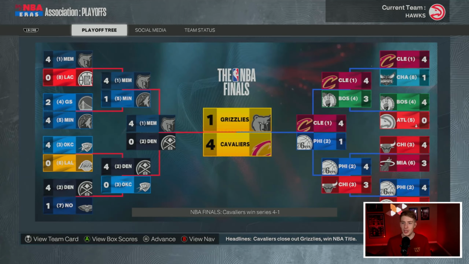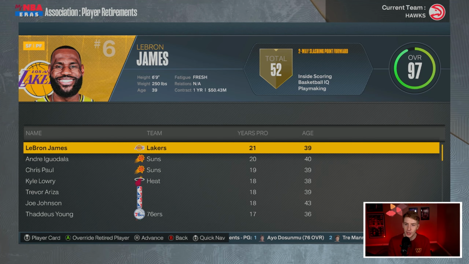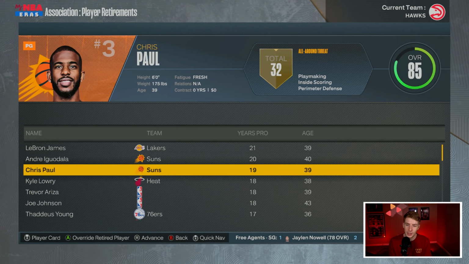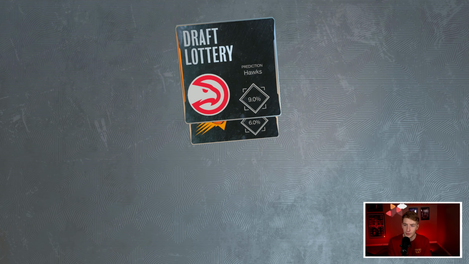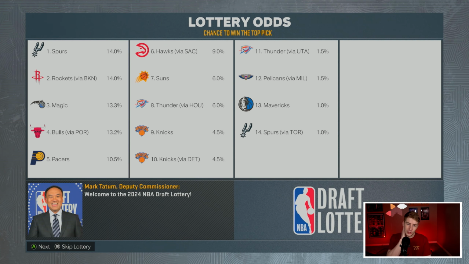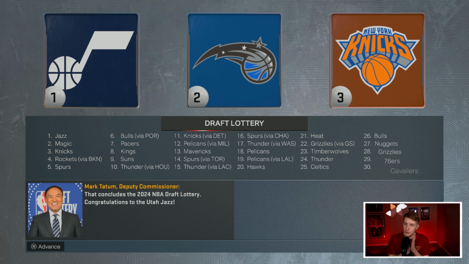The Cavs are going to win a championship. They beat the Grizzlies in 5 games, and now we have a huge offseason ahead of us. If LeBron James does retire, I would love to revisit the idea of getting Anthony Davis. I just don't know if I'll be able to pull it off. Honestly, we might have so many expiring contracts that we might be able to just sign him outright. We'll see. I don't know if I'll be able to pull that off, but number 1 goes to Utah, and